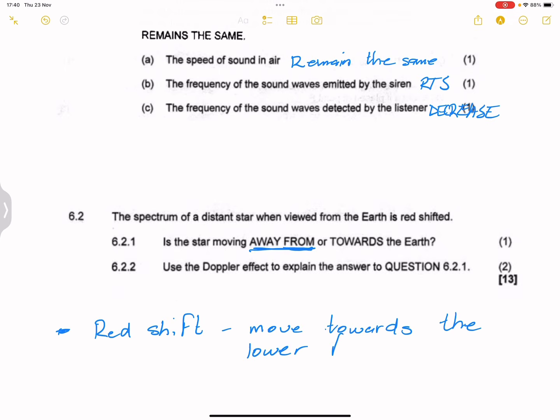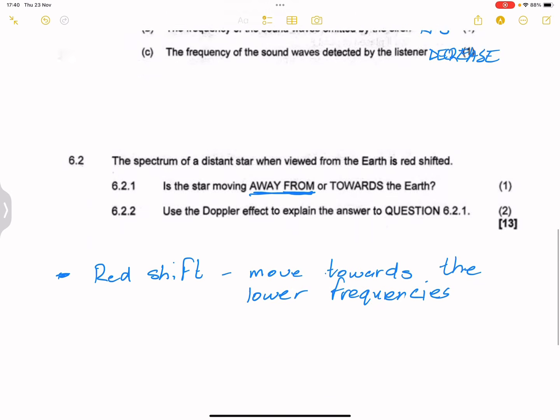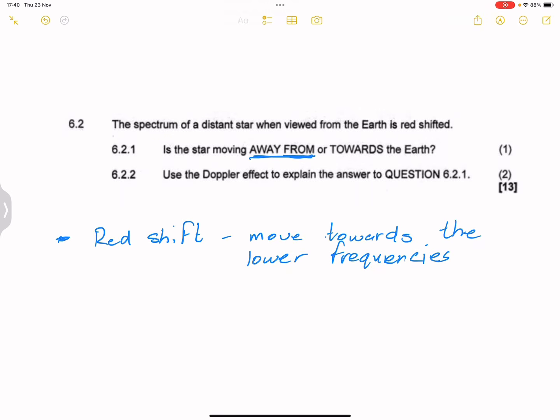Or you can talk about the frequency of gases in that case. So if we move towards the lower frequencies, that means in this case, according to the Doppler effect,